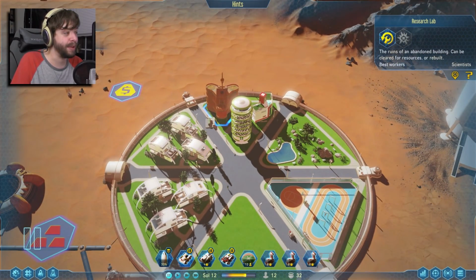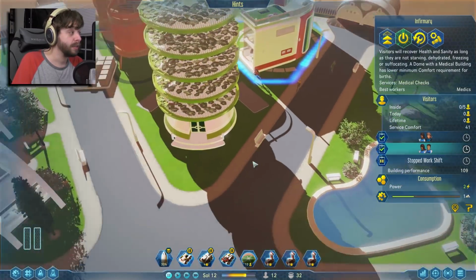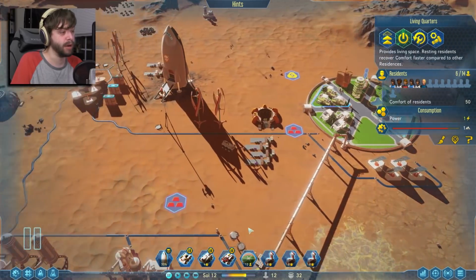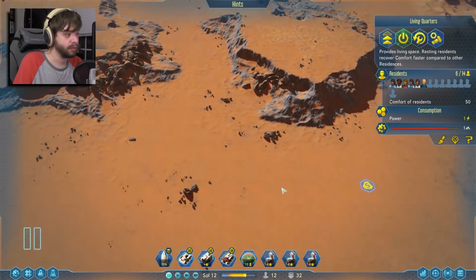But with this down, we have more people to work. And I think that's going to be important. What's this? Hydroponics farm, which is going to be necessary for food. I think this is a better option. This research lab was probably a bit too much out the gate, anyway. So where is our...